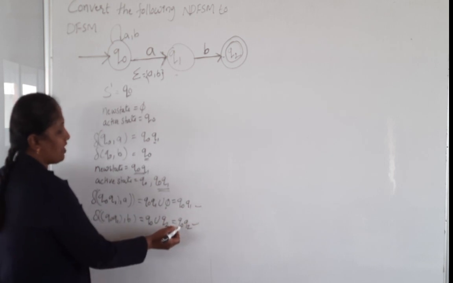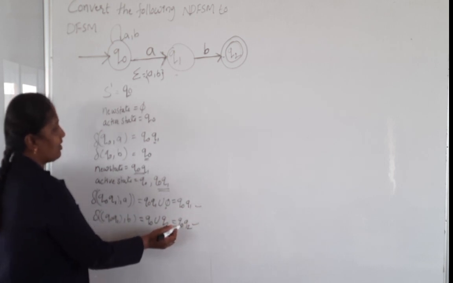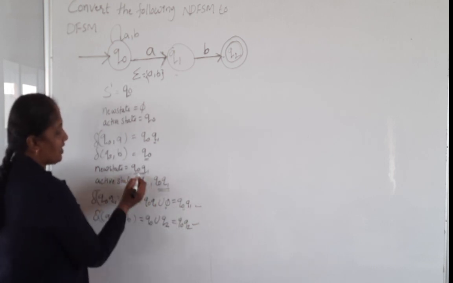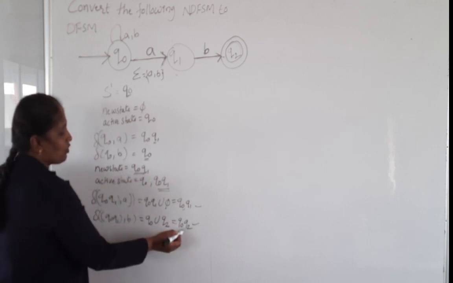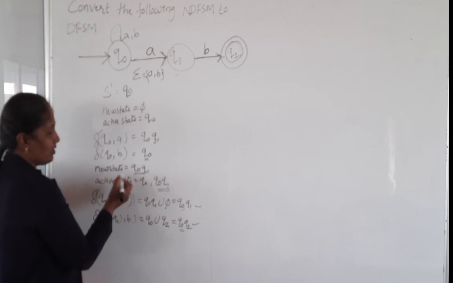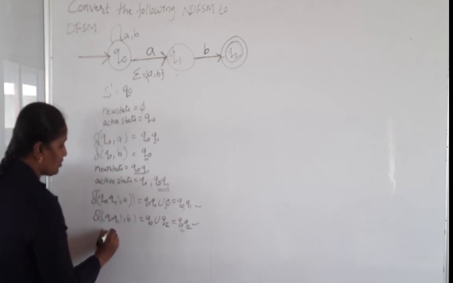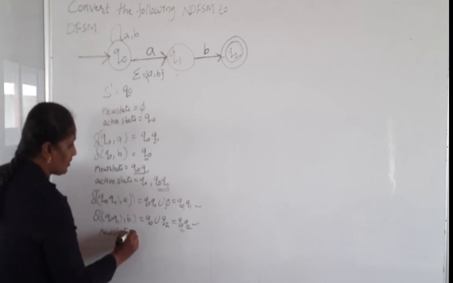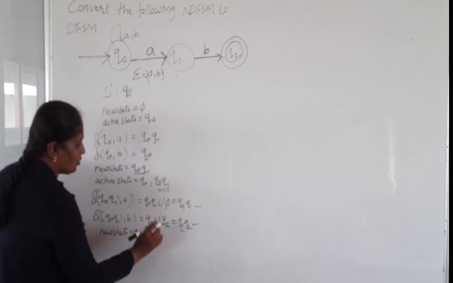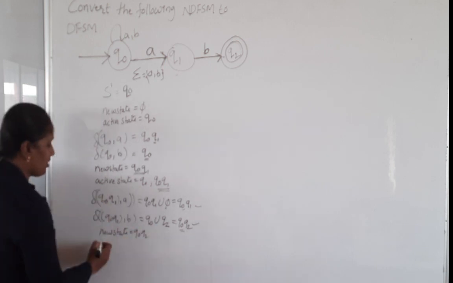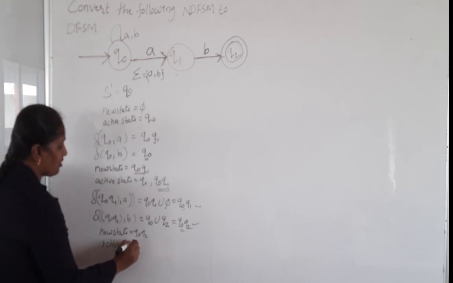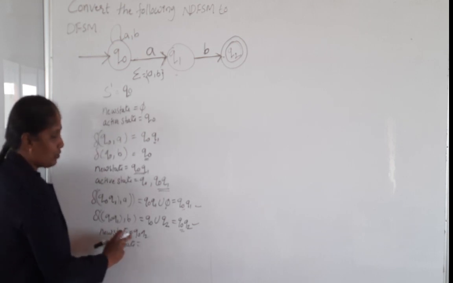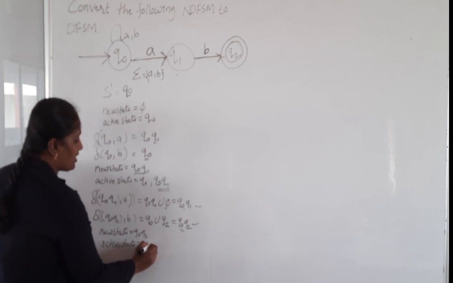Check out, these states have an entry in the new state. Yes, this has an entry, so I am not going to take that as a new state value. So Q0, Q2 is a new state now. So new state equal to what? Q0, Q2. Next, I should write the active state. So the active state will take the new state value along with its previous value.